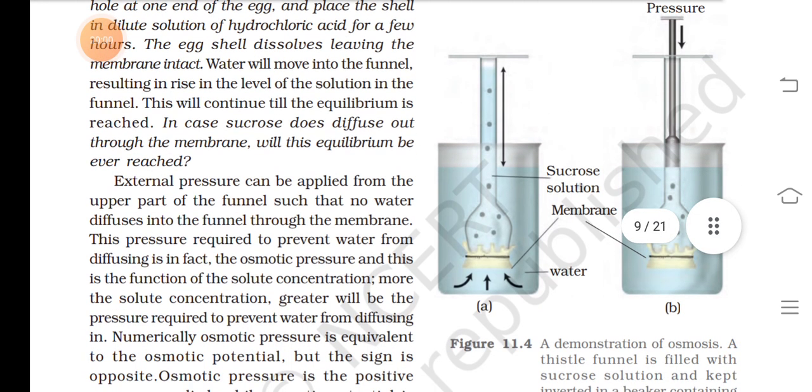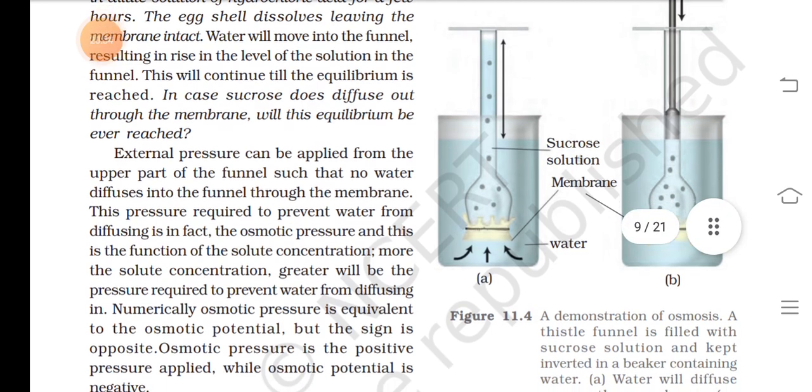Water will move into the funnel, resulting in a rise in the level of the solution in the funnel. This will continue till the equilibrium is reached. In case sucrose does diffuse out through the membrane, will this equilibrium be reached? External pressure can be applied from the upper part of the funnel such that no water diffuses into the